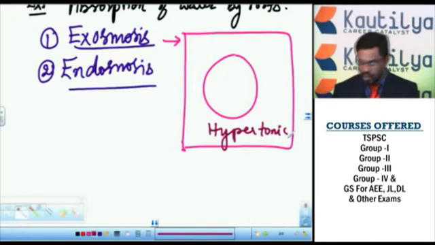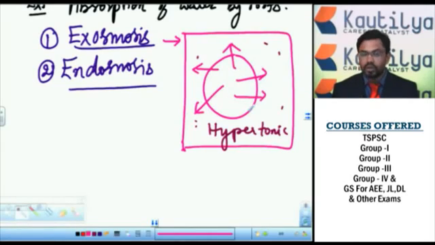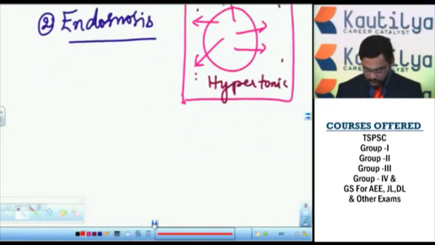Hypertonic means a highly concentrated solution. So the water content is more inside the cell sap, and the cell sap comes out from the cell through the plasma membrane. This movement of cell sap out of the cell is called exosmosis. That means when the cell is kept under hypertonic solution, the cell sap moves out of the cell. So this is called exosmosis. And endosmosis. Here endosmosis means